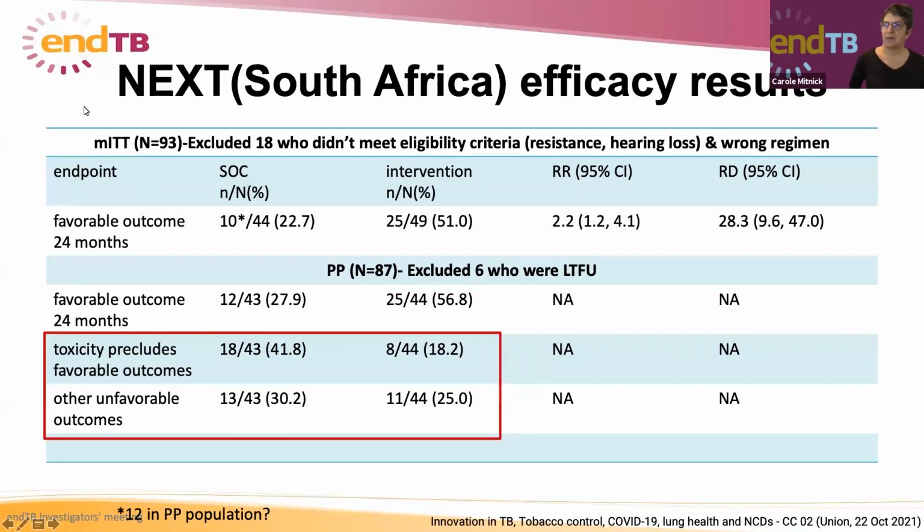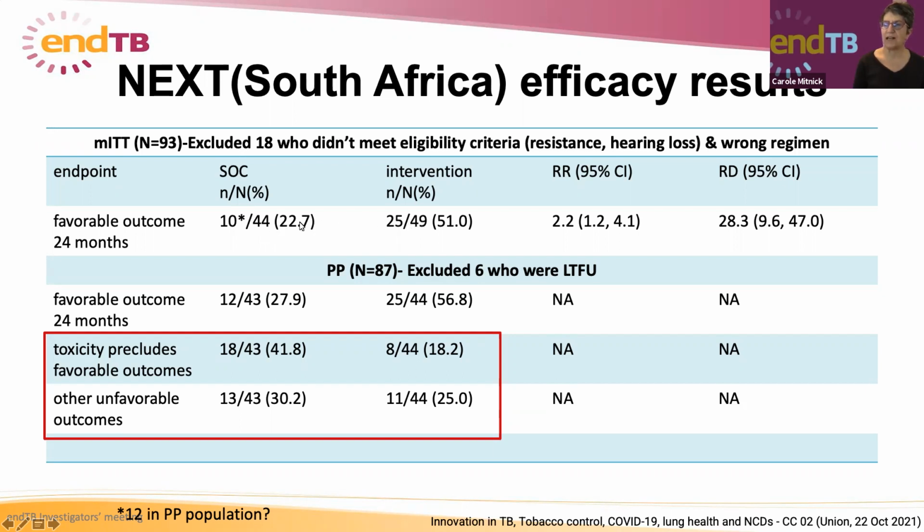Sorry. The efficacy results in the Nyx trial are summarized on this slide. You can see that of the 111 patients who had been randomized, 18 were excluded from the modified intent to treat population, either because they had some exclusion criterion that was detected later, or they did not receive a protocol conforming regimen. Of those 93, you can see that 44 were randomized to the standard of care and 49 to the